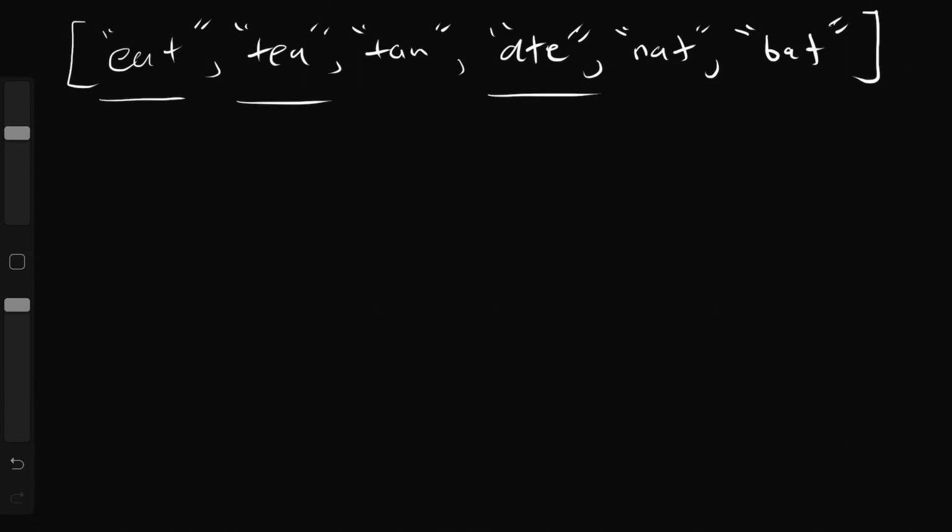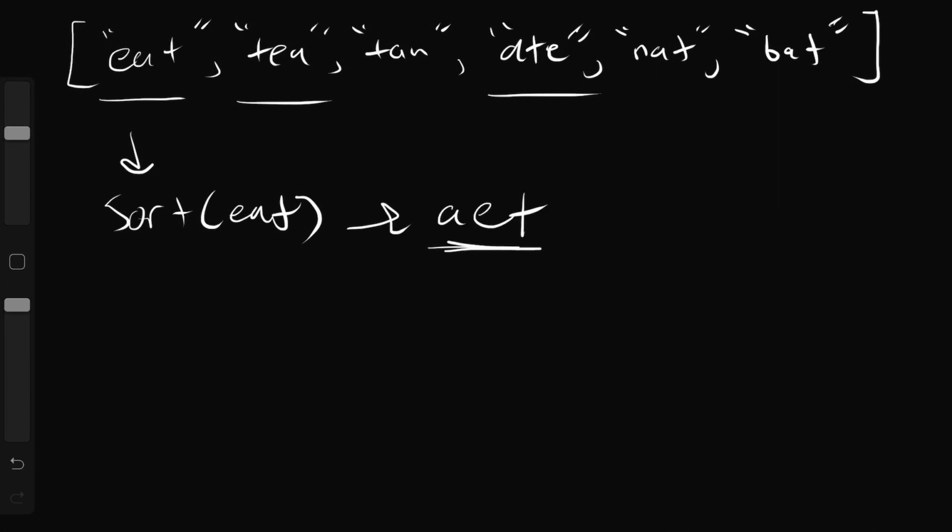If that sorted word is within our dictionary, then we just append the current word that we encountered to the list of that key. So it'll look something like this. We come here to eat, and when we sort eat, this will return AET. So now this is the sorted value of eat. And what can we do with this? Well, AET will now act as a key in our dictionary, and it'll have a value of a list. Now that we have this key, we'll take eat and just put that in the list. Then we come across tea. So when we sort tea,